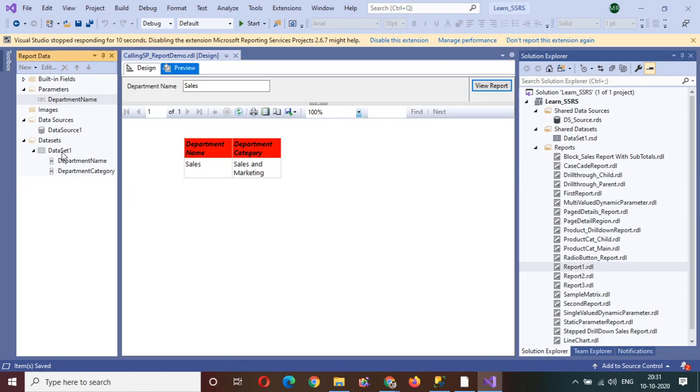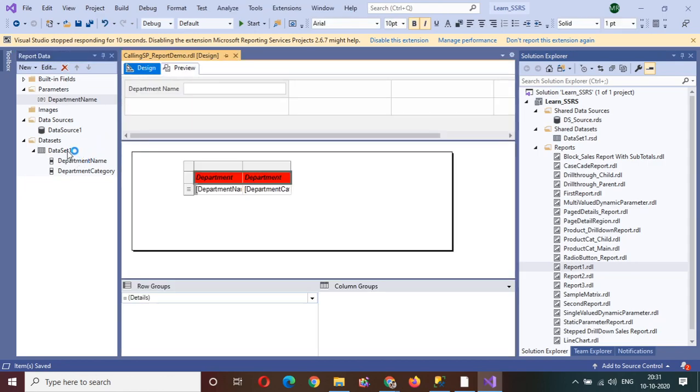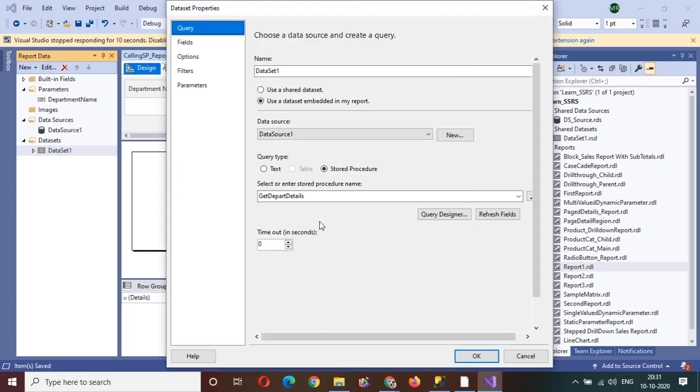So this way, just go back to the design, go back to the dataset. Only two things you need to remember. Instead of the text format, you need to select the stored procedure. If you modify anything in the stored procedure in the backstage in SQL Server, then you need to refresh fields.